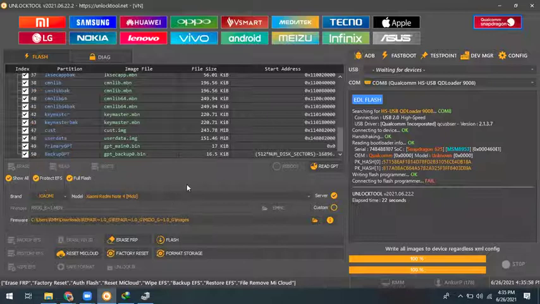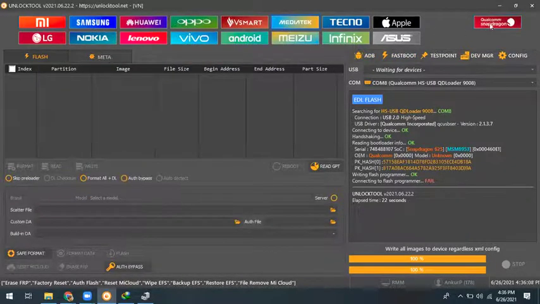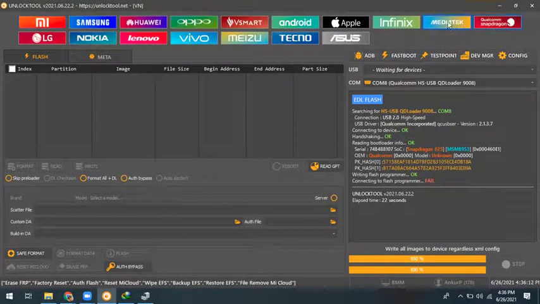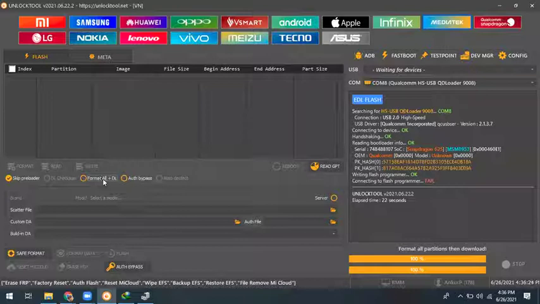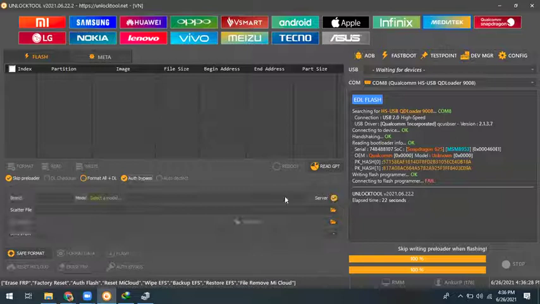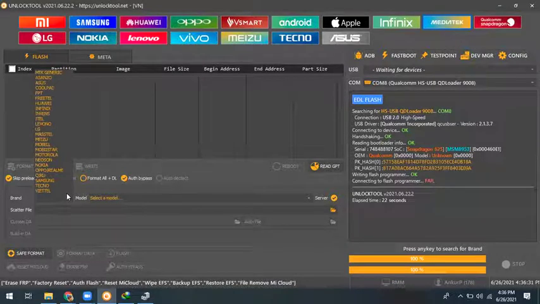Okay, it's a model of your Qualcomm. So in the Qualcomm tab, we can unlock as well as flash your phone. In the MediaTek model, in MediaTek you can skip preloader and format all plus DL, but do not click format all plus download because it will erase your security file also. You can tick auth bypass or skip preloader. It's best. Click on server and select your brand.